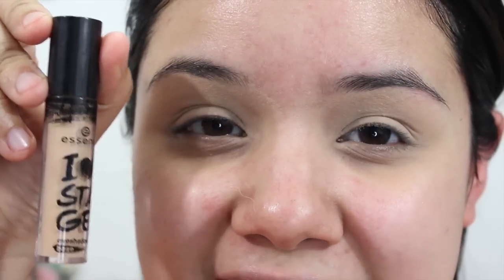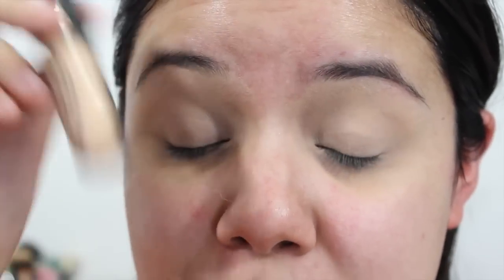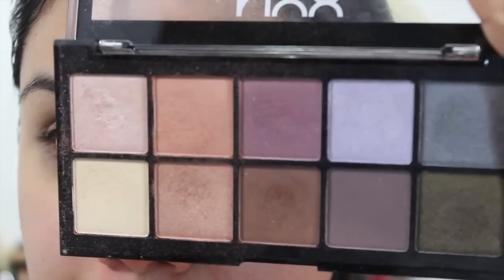So I've already primed my eyes using the Essence eyeshadow primer. I really love this stuff. I'll be doing a review and demo on a bunch of Essence products. I set it with some face powder, and then we're going to go into the NYX Avant Pop palette, and